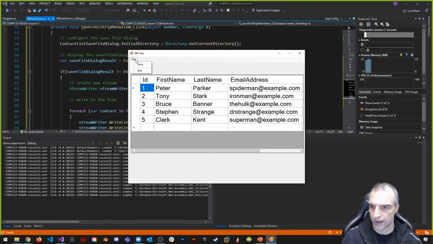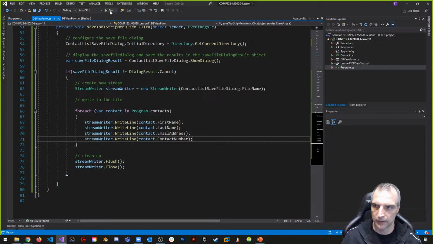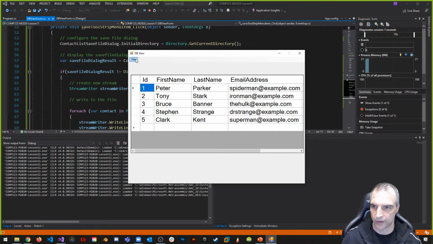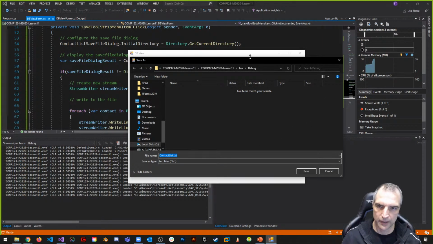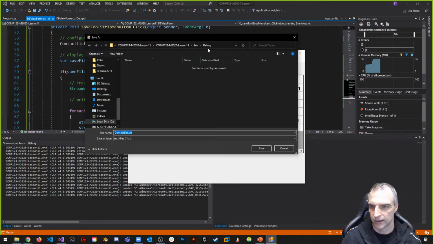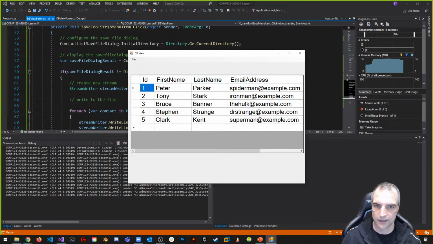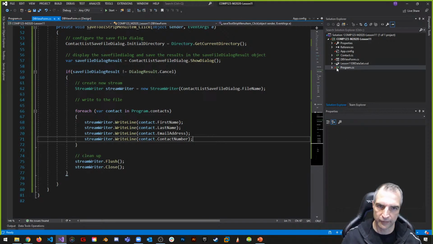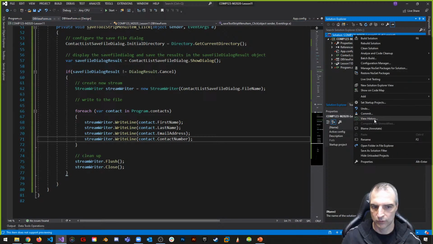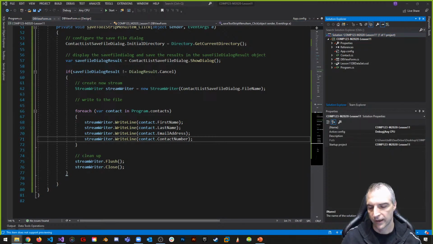And if I click File, notice that the menu comes up now. I can click Exit. It'll exit my menu. And if I run it again, and if I click File, Save, it'll bring up my little dialog box. We want to go into my big bin debug folder, and we want to save the contact list.txt, and I want to click Save. And if I did that, then in the bin debug folder, so if I want to see that, I can right click on my solution, go to Open Folder in File Explorer, and we can see that